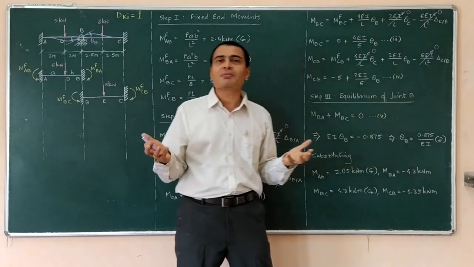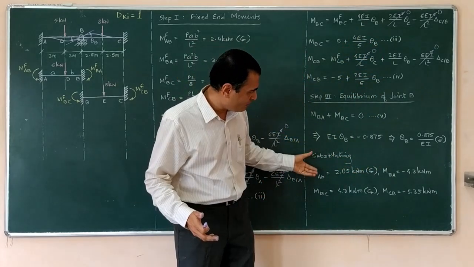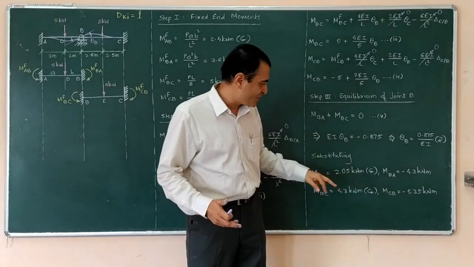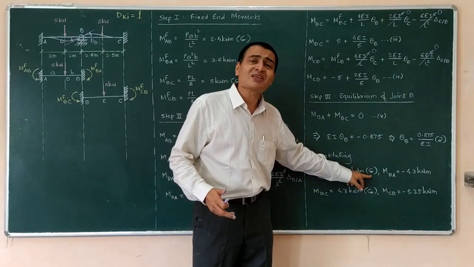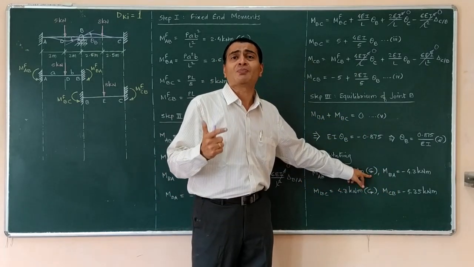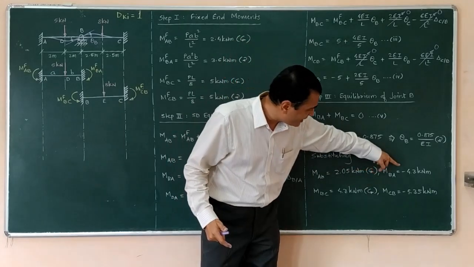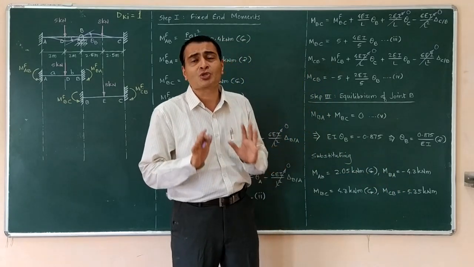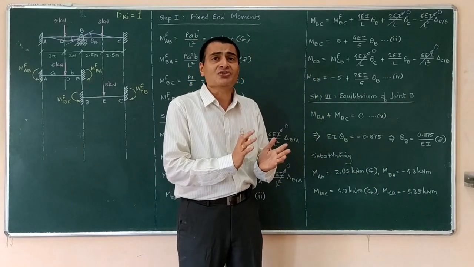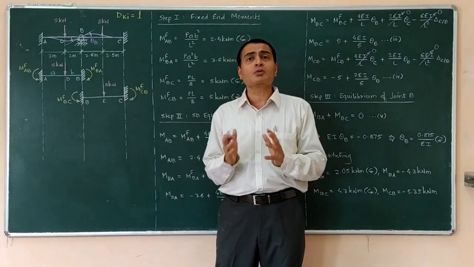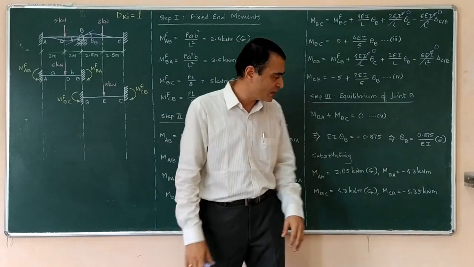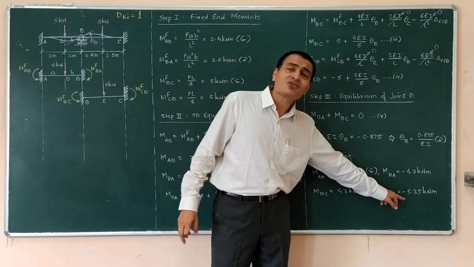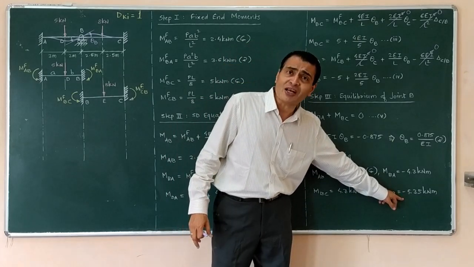that is here, in equation 2, in equation 3 and in equation 4, you will realize that I am getting all end moments M of AB, M of BA, M of BC, M of CB. As I get a positive answer, my guess is that its anti-clockwise assumed sense is correct. If I get a negative answer, it simply means that those are actually clockwise, and my assumption of those being anti-clockwise, and my writing of these quantities to be positive, was wrong. That is perfectly alright. So a positive answer here means an anti-clockwise end moment. A negative answer here simply means a clockwise end moment.